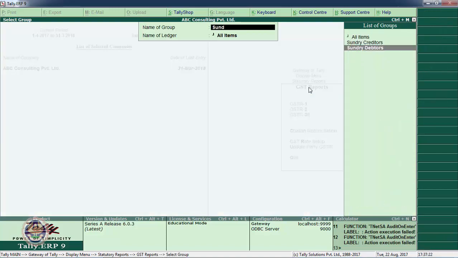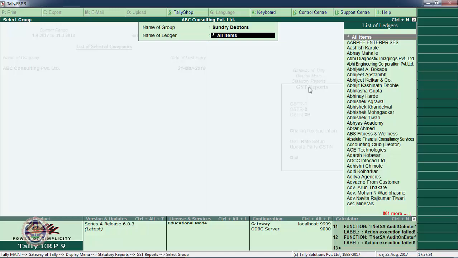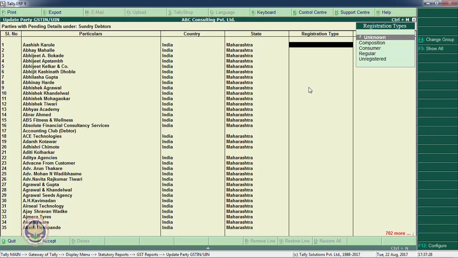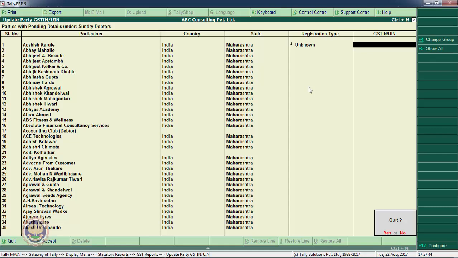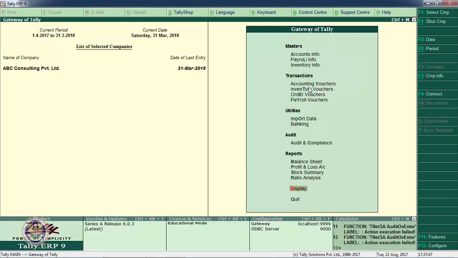Let us go to sundry data, and I can check the ledger names where I don't have any GST number available. These are the ledgers where I do not have registration type as well as GST number. So very easily I can put the GST number here and update my party information, party master data. GST is in the process of development, so Tally is also in the process of development. As soon as the changes are made by the government, Tally is incorporating these changes in the software. So at present, the GST feature in Tally is not fully matured. It is yet to be matured, and gradually it will be matured.